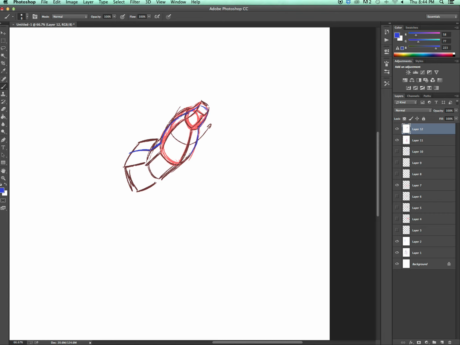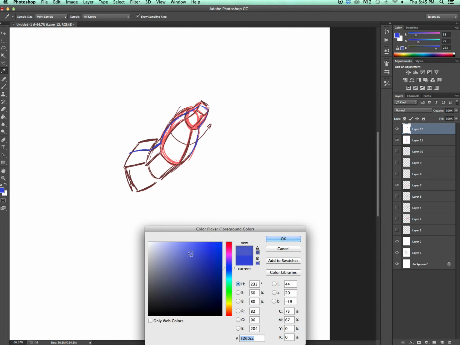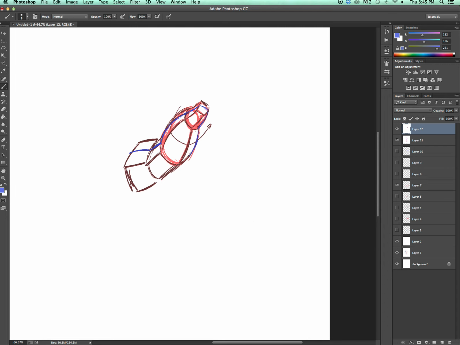And if I wanted to add arms here and legs, I could think about how does this leg go down,